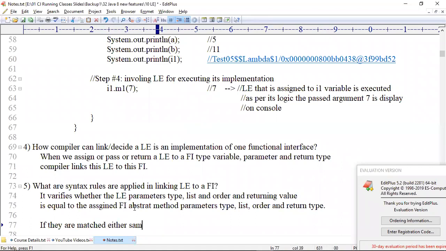Either same or widening. Widening from where to where? Lambda expression to functional interface method. From the lambda expression you are passing, from the lambda expression you are returning. So functional interface parameters must be the same as lambda expression arguments or widening, right?